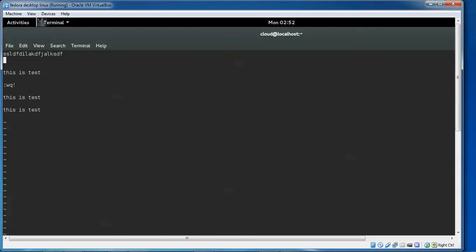I'm going to show you again. Just press capital G, and you can see my cursor comes to the end of the text file. When I press 5 and capital G, it comes to the beginning of the fifth line. It counts down 1, 2, 3, 4, and lands exactly on the fifth line. If you want the cursor on the second line, just press 2 and G. Here you can see it has come to the second line. Now I'm pressing Shift plus ZZ, and you can see it has been saved and quit.